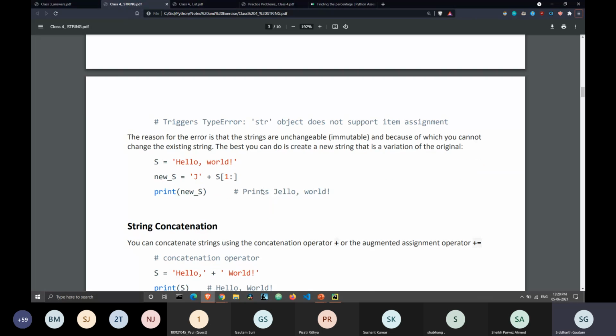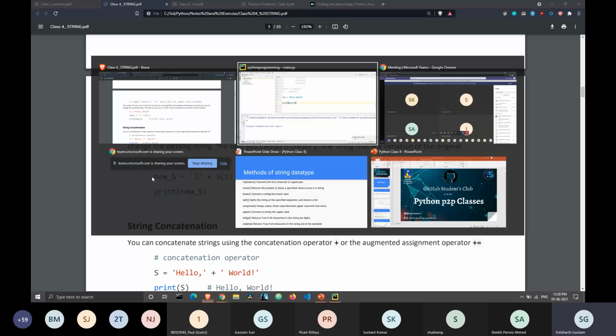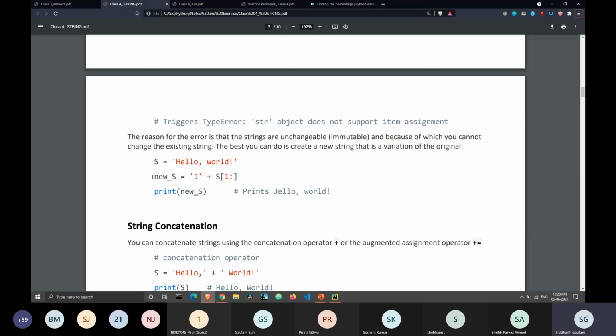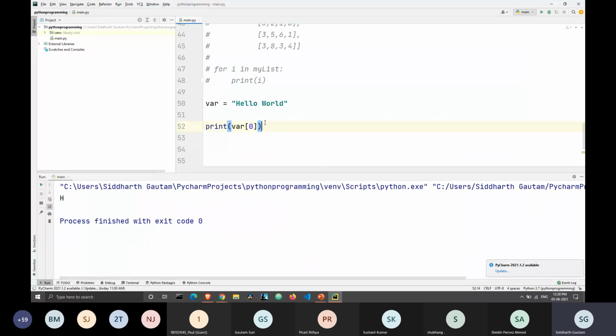Instead of this, we have to take it into a new element. If we want to print, let's say, jello world, we'll take var2, which is a new element, and this new element will have j, plus we will add a string, and this string will be var.